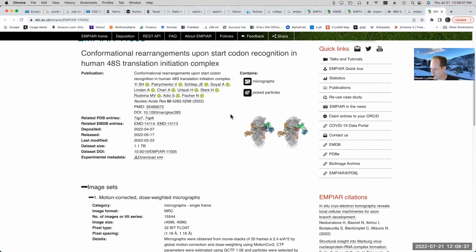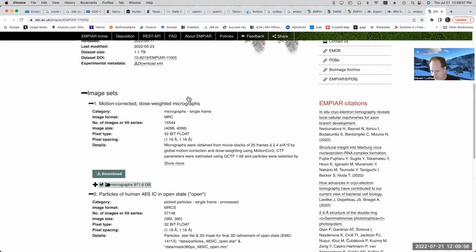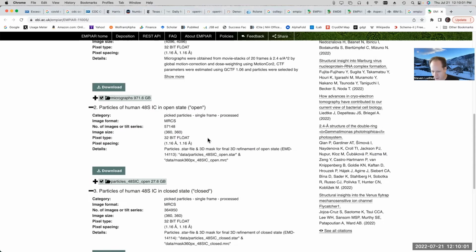There's only some groups that will really try and upload not only the raw data, but also the boxed out particles in the star file that they got from their Relion or their CryoSPARC refinements and whatever. So this was an example of the data set where they provided both the raw micrographs as well as two subsets of the particle data, which had been classified into an open state and a closed state.